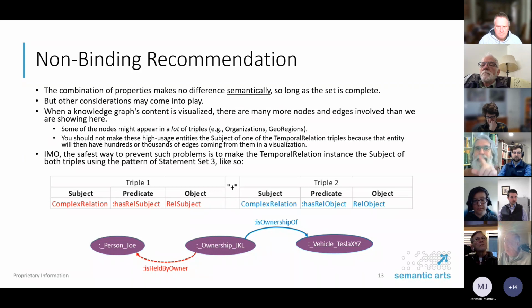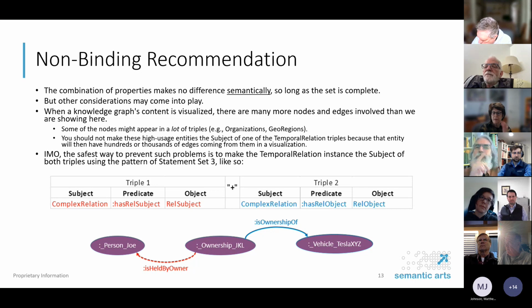Make, right, have the relations going out from that reification, because if I were visualizing Joe, I have an easy way of ignoring the ownership or whatever. But